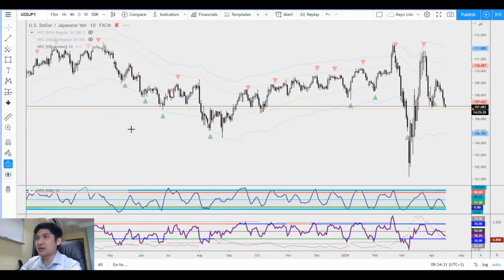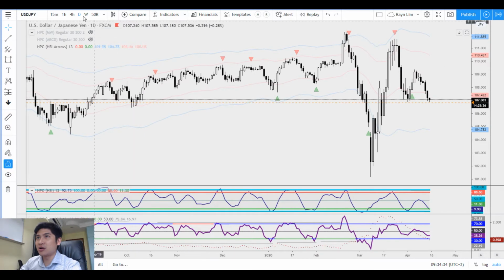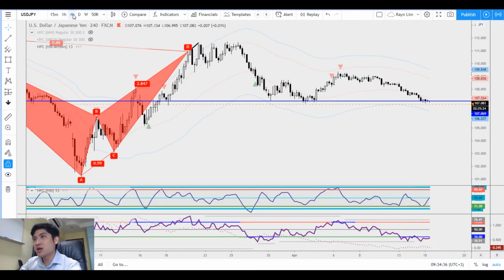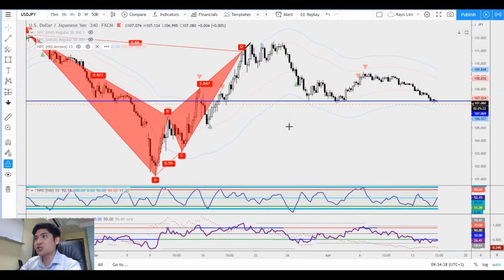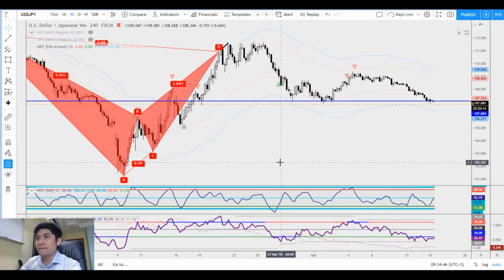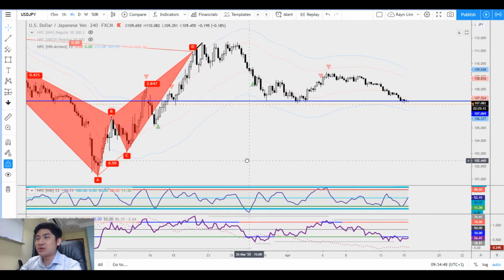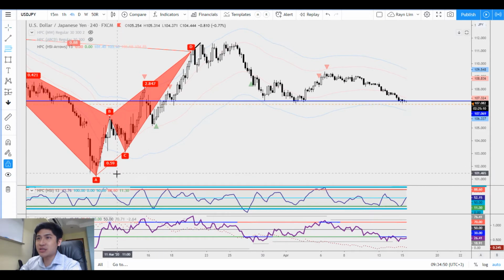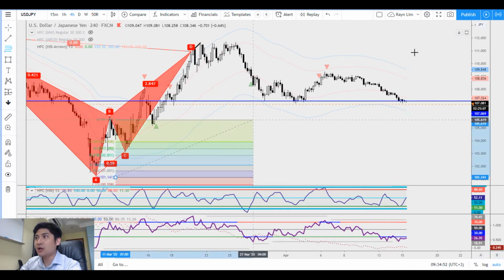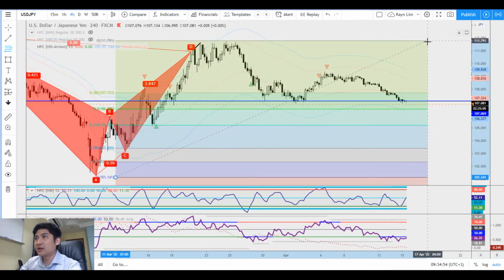Okay, back to the daily chart. Let me share with you my analysis. Daily chart, no trading opportunity based on my trading rules. 4-hour chart, this bearish bat pattern to stand. In fact, there is another pattern that actually starts to form. Have you spotted it? Low to high. Okay, the tricky part is right now it